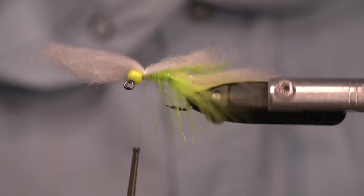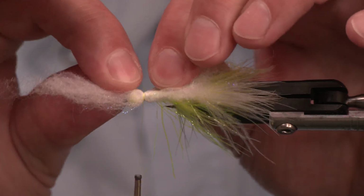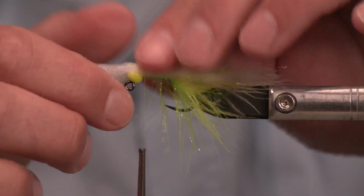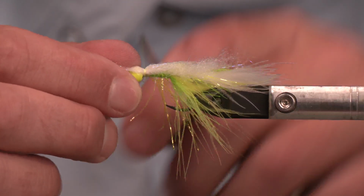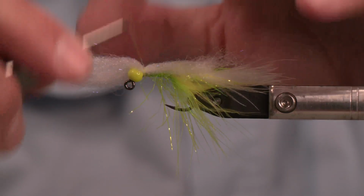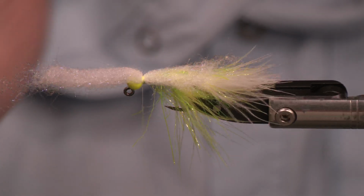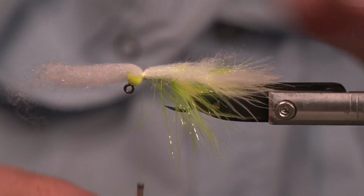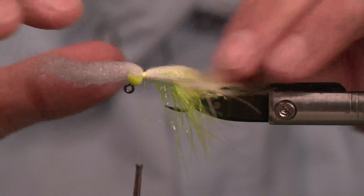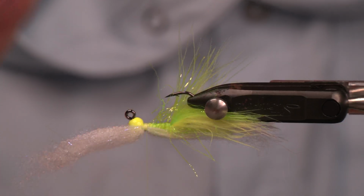And after 2 wraps here, I'm going to check the sides and make sure that it is even on both sides, covering the bottom portion of that hook. And again, the key to success on veiling heads, especially with laser dub like this, is to make sure that the thread is pushing that material all the way against the bead. It's not how far back you're tying it. That's really secondary. It's how far forward you get it pushed against that bead. And the more firmly you get that seated, the better it's going to pull back and give you that true